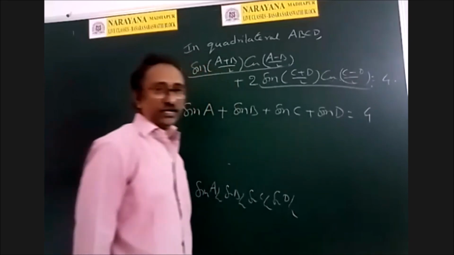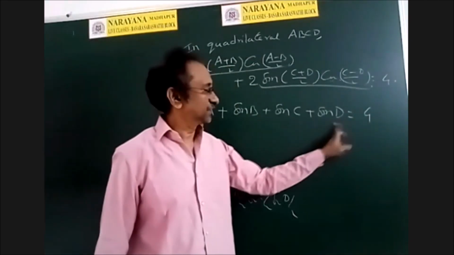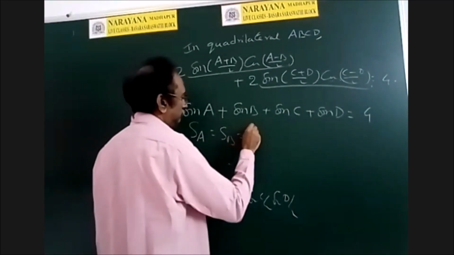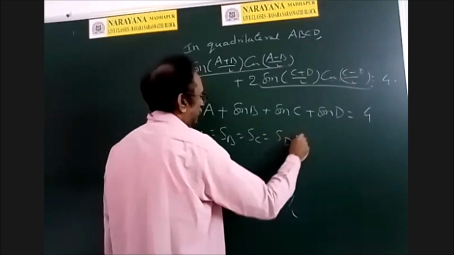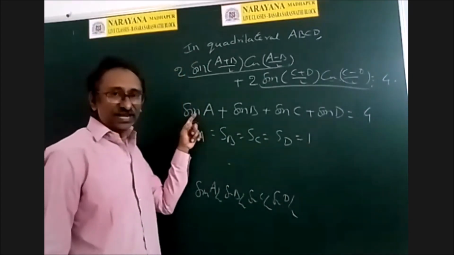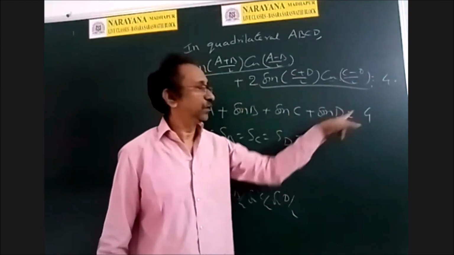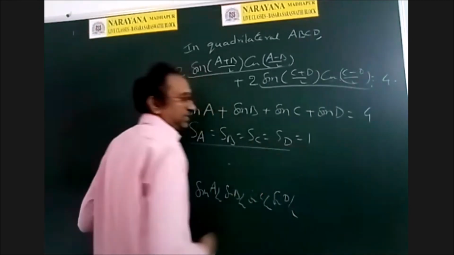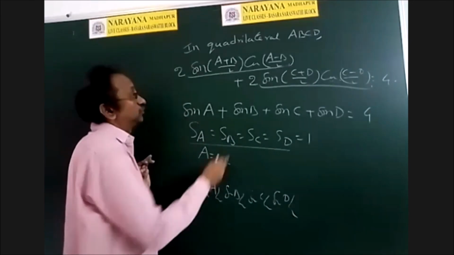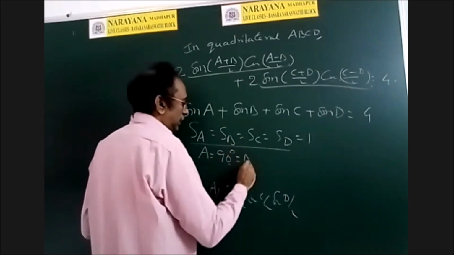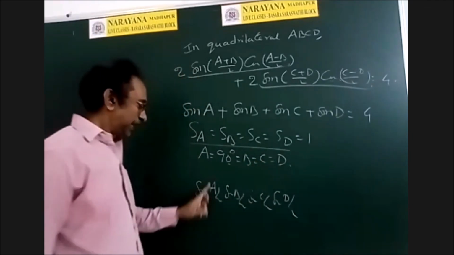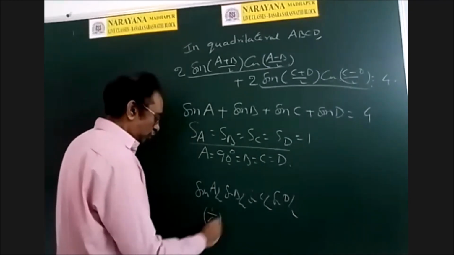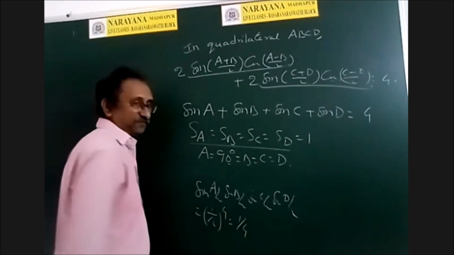And see, the problem is over because sum of 4 sine expressions is equal to 4 means definitely each must be equal to 1 only. There is no other possibility. If one is less than 1, definitely another must be greater than 1 to get 4, but sine maximum value is 1 only. Therefore, the only possibility is all are equal to 1. So in quadrilateral, all are equal to 1 means all angles must be equal to 90 degrees. Therefore, 90 by 2 means 45. All are sin 45, so 1 by root 2 whole power 4, that is nothing but 1 by 4.